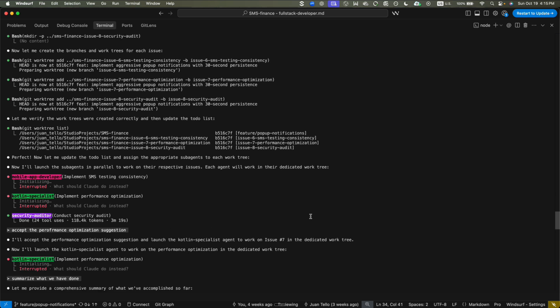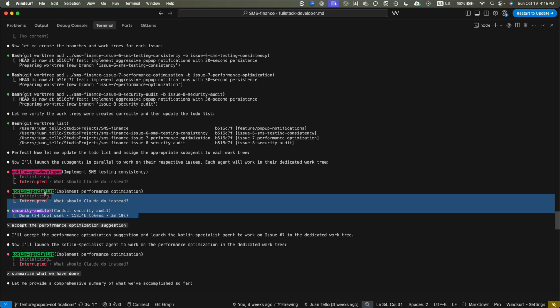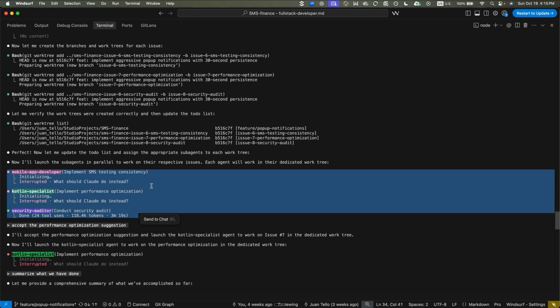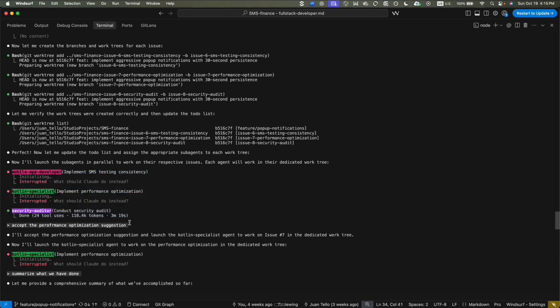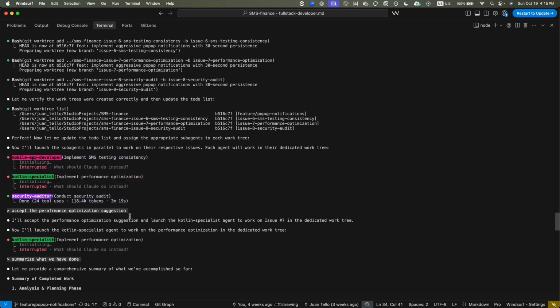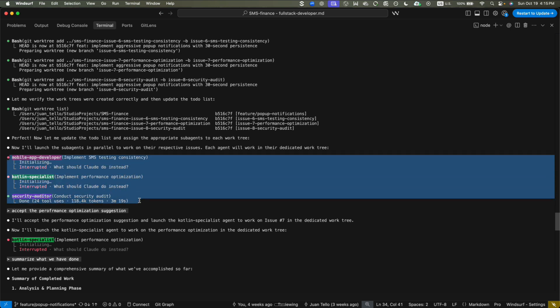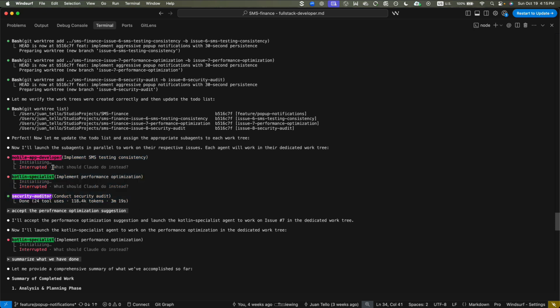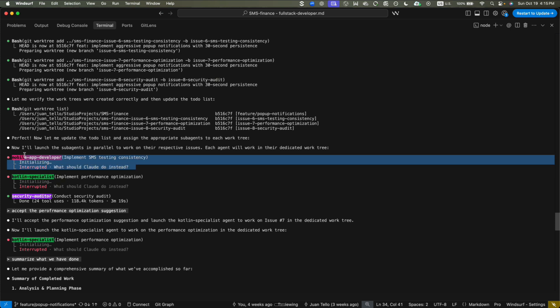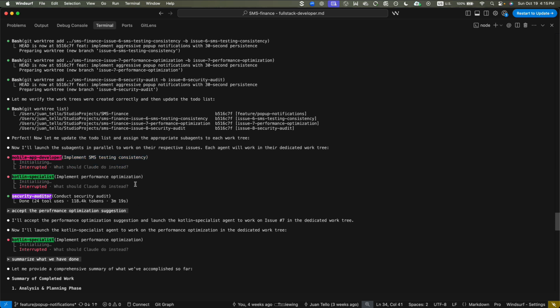Each agent will work on their dedicated work tree. So these are the parallel versions of Claude Code that are going to get to work on each of those issues. Now, when I launched this the first time, I didn't give it all the permissions, and it was getting stuck because it was requiring confirmation, but I could not give confirmation because it is the sub-agent asking for the confirmation. I still don't know exactly how to do that, except to give it all the permissions ahead of time,